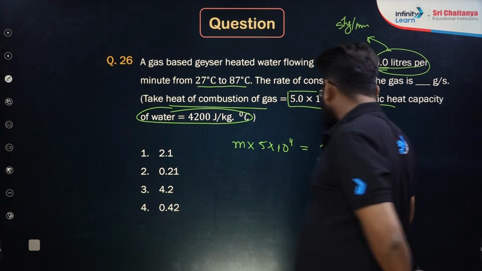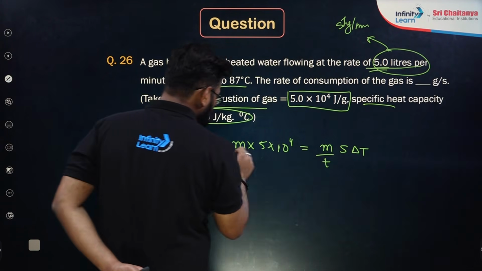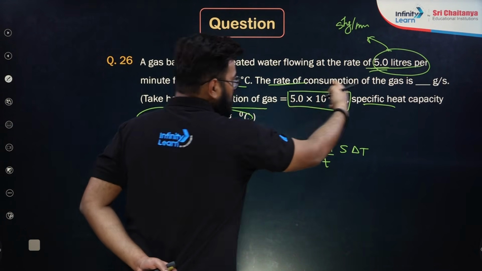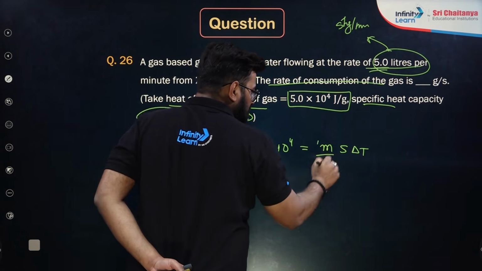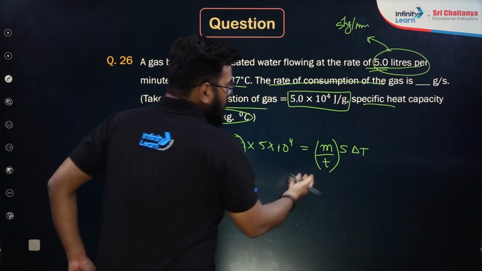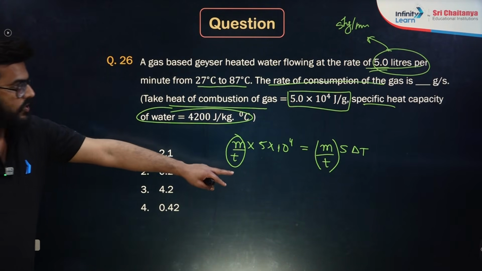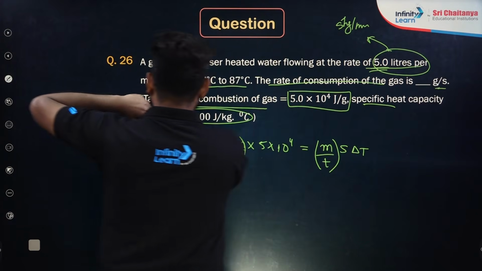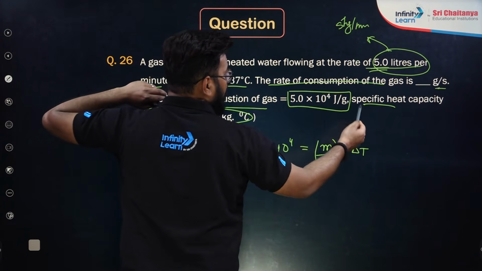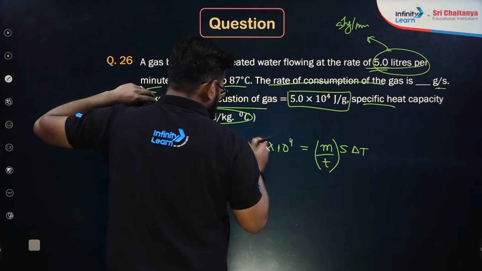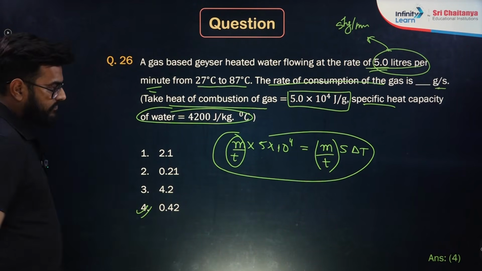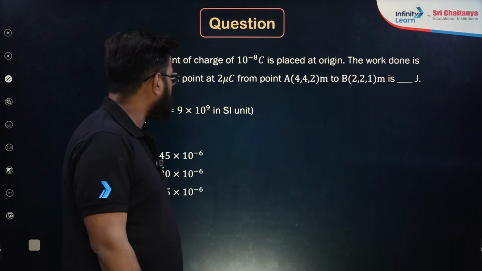Okay, so if you just divide the time over here and the time over here, so this is what you want for the gas, the combustion rate, the rate of consumption of the gas, and this can be easily written, it is 5 kg per minute. So you will get the answer. Now you want it in seconds, right? You will have the answer in minute. So over here, please write 5 upon 60 and you solve it, you will get your answer. It will be somewhere around 0.42. Okay, I hope you have understood how to solve this question.